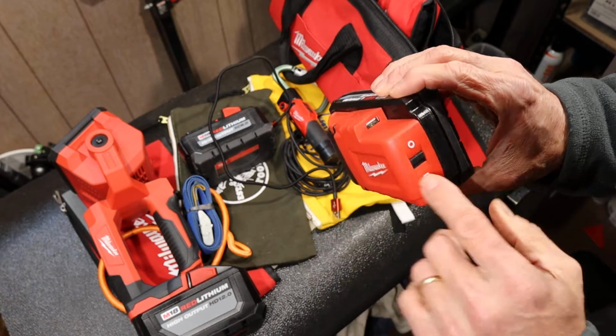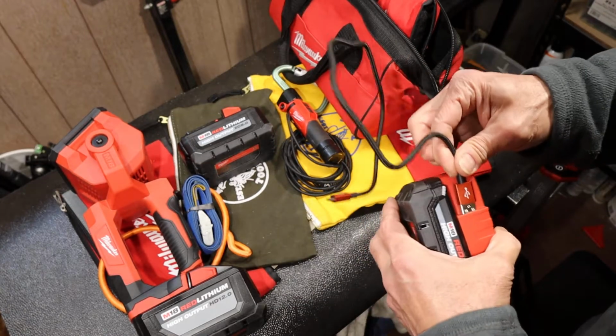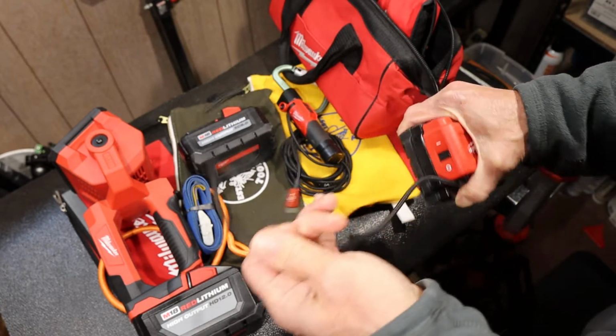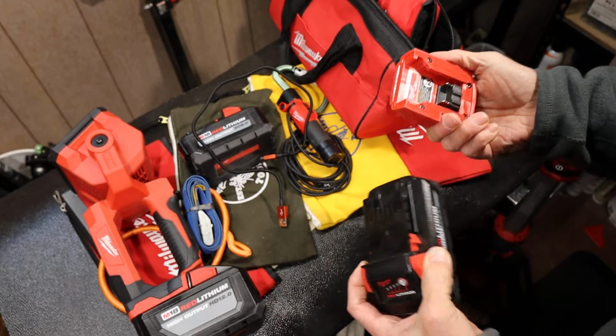But anyway, other than the kind of wonky area where you attach the USB, which is probably for protection, and in fact I have done some things where I've literally rubber banded this around to try and keep this solid when I was using these things heavily. I've got several of these in different places. And this particular one